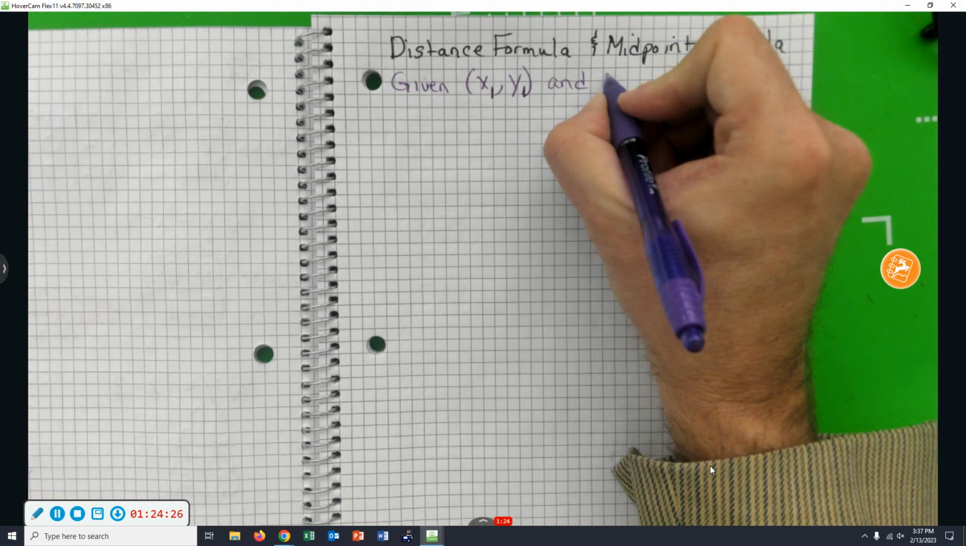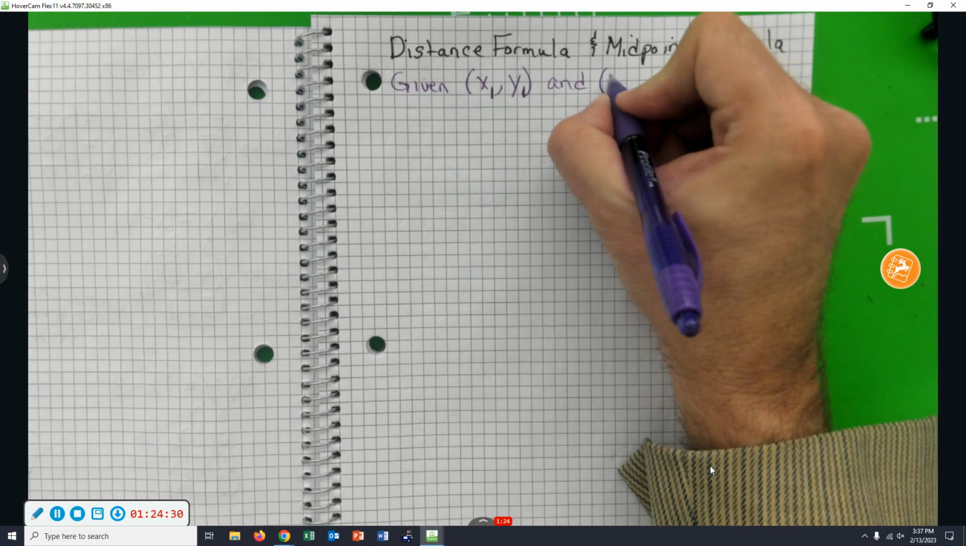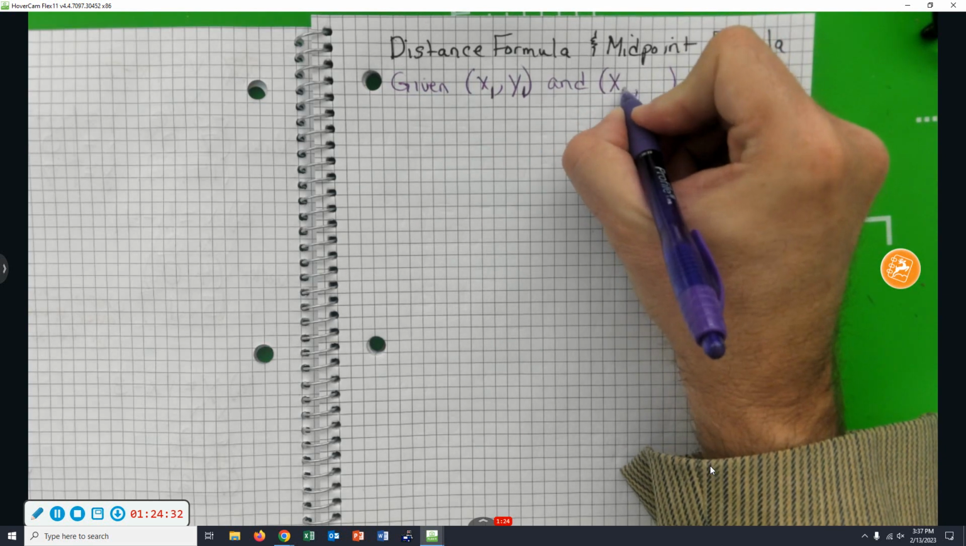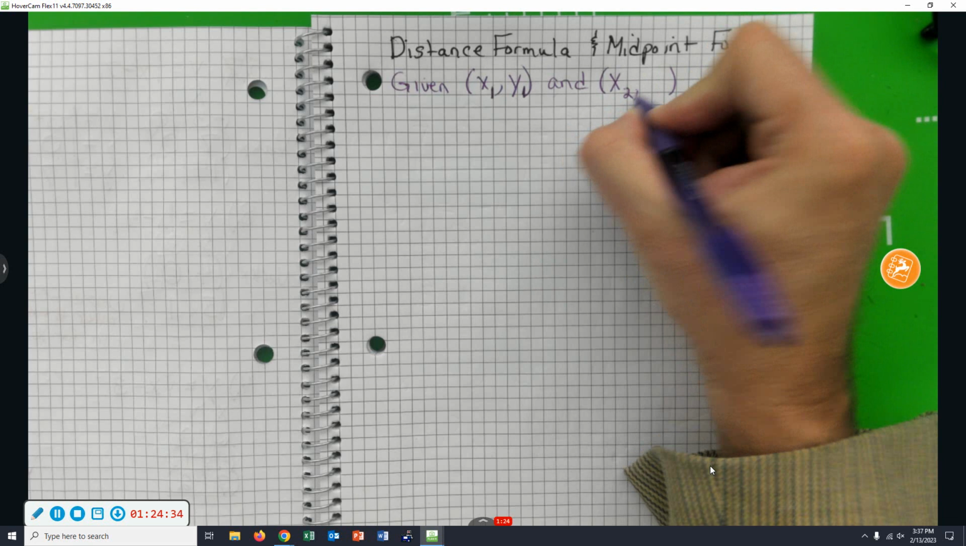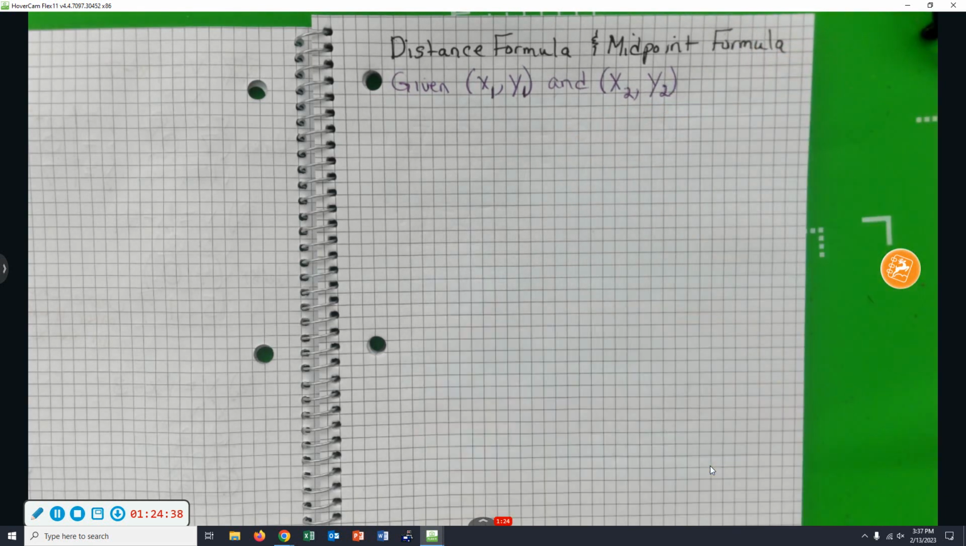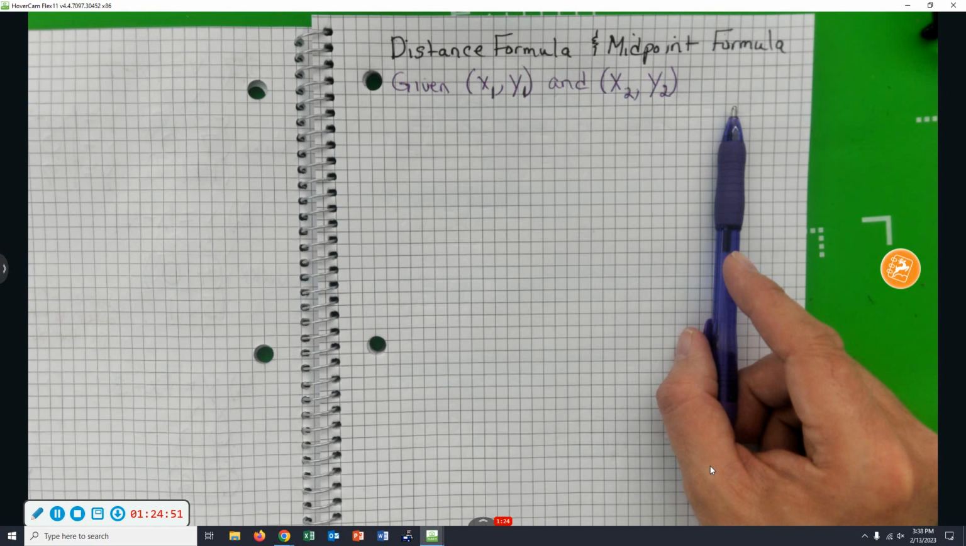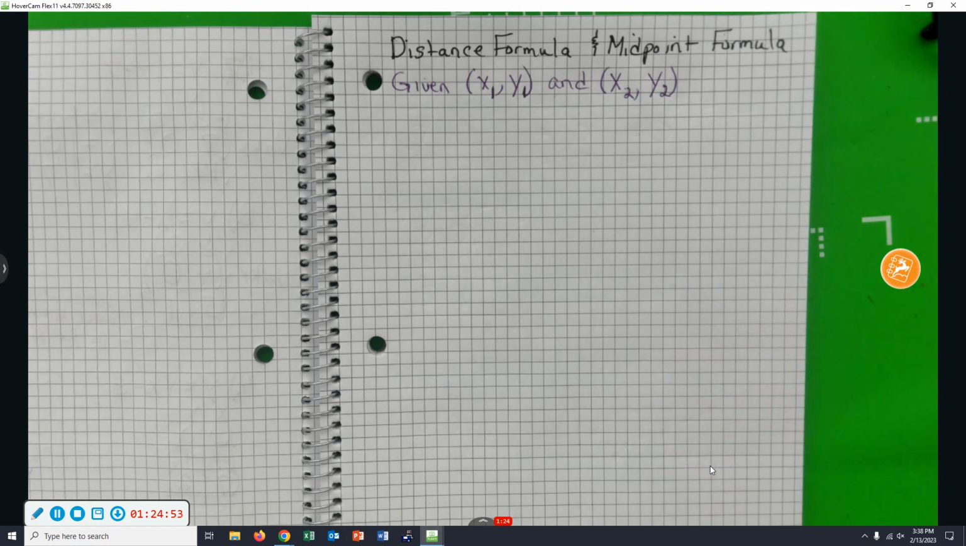And what do y'all think I'll use to denote the second ordered pair? X, what do you think the subscript will be? 2, y, 2. Those subscripts are just numbering. First x, first y, second x, second y. What I've written here, there's no exponents. Okay? What I'm about to write will have some